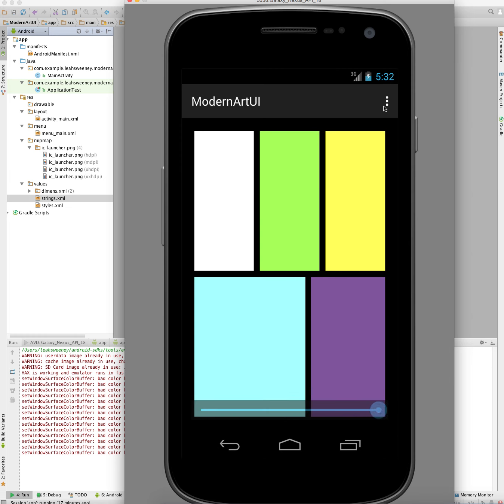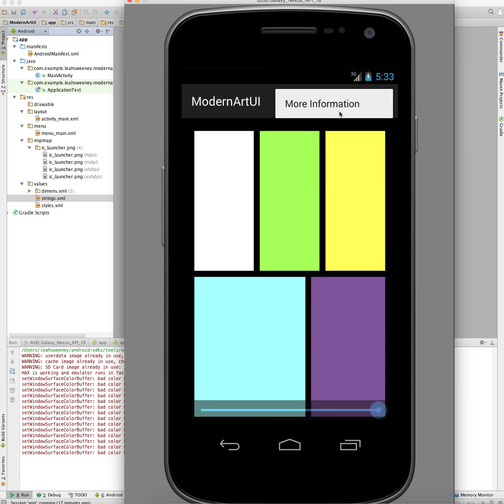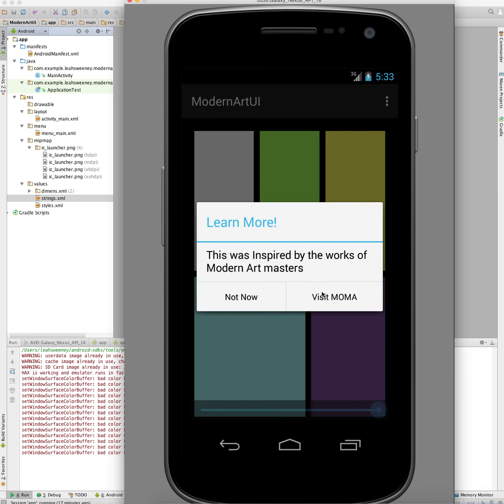There's a couple other small things. This overflow menu in the top right, when you click on it, it gives you more information. If you click, you can learn more about the art and how it was inspired. So if you click Not Now, it cancels out the dialogue. But if you click Visit MOMA, that's the website,